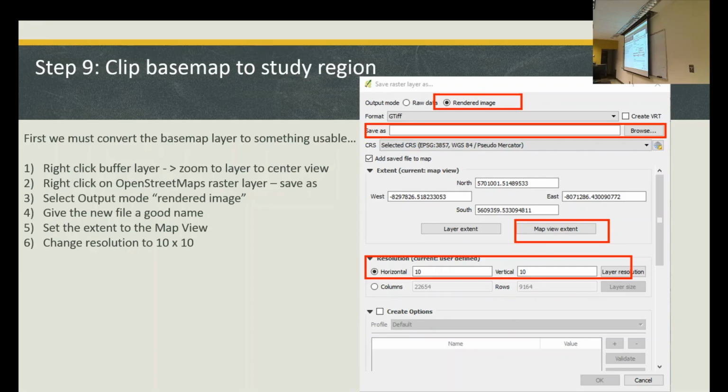You're on the wrong layer. OpenStreetMap, the image of the base map. Save as. We're going to do rendered image. Output mode: rendered image. If we choose raw data, we'll be here for 15 minutes waiting for it to process. So rendered image, point it back to your project folder, save it in your project folder, call it open chopped